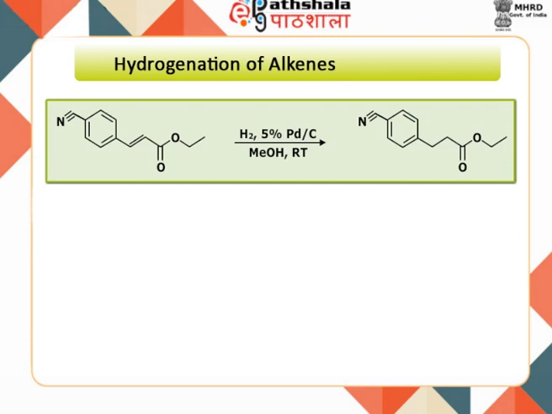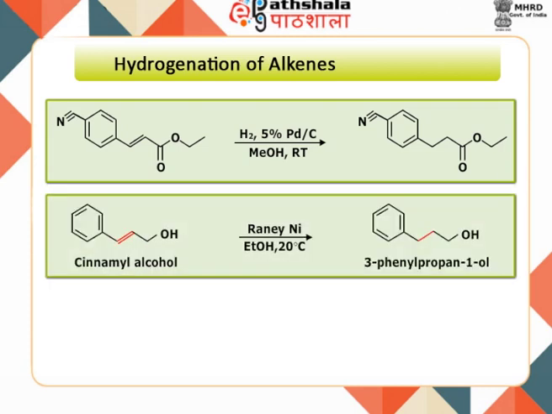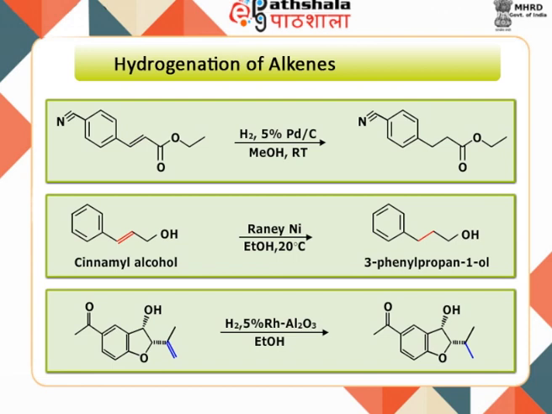Pd and Pt are the most frequently used catalysts. Both are very reactive, and their use depends upon the type of substrate and the degree of selectivity required. In general, Pt is more active than Pd catalyst. Other catalysts that can be used are Raney nickel and rhodium and ruthenium catalysts. Rh and Ru catalysts sometimes show useful selectivity. Adams catalyst is also used for such reactions. A few examples are shown here.